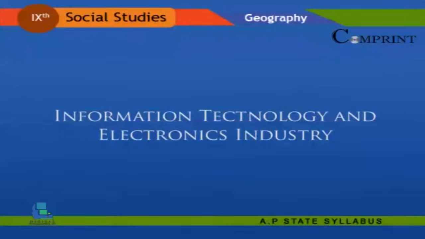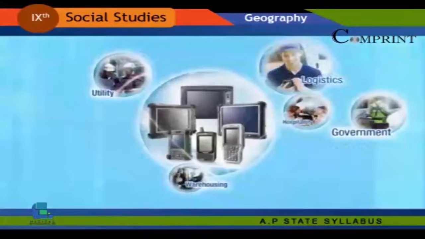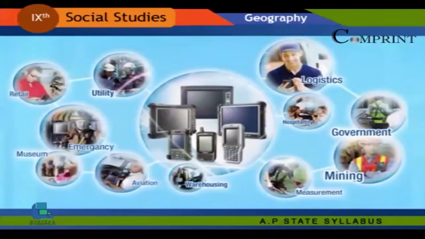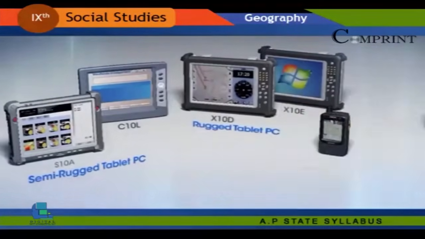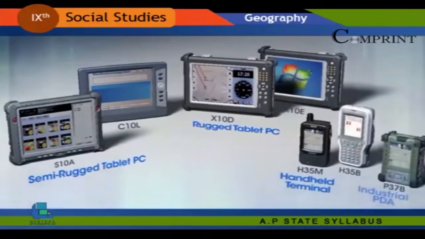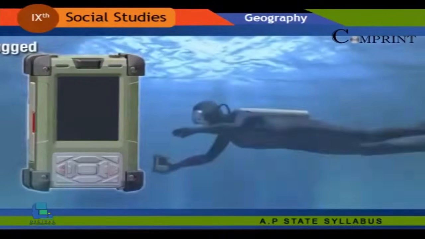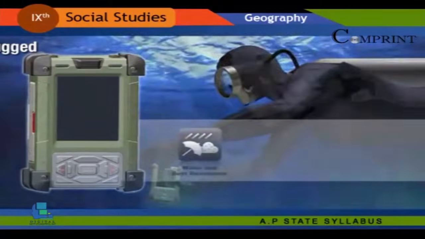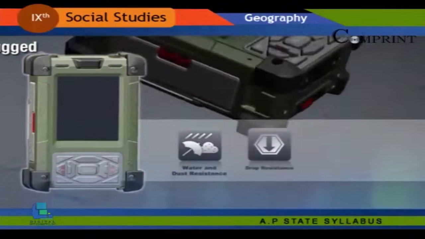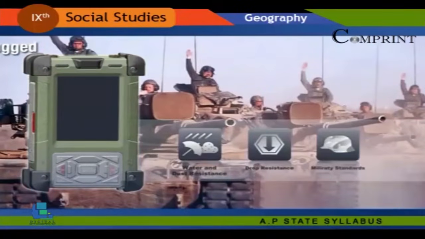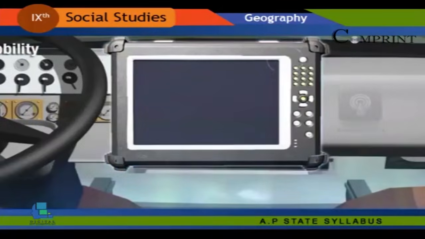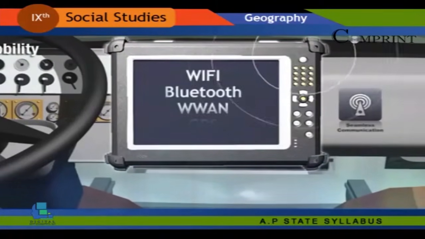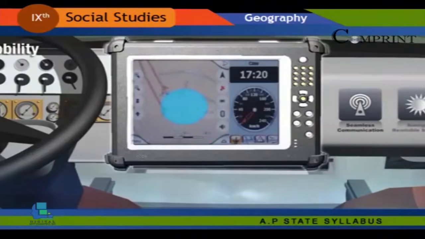Information technology in the electronics industry. The electronics industries cover a wide range of products from transistor sets to television, telephones, cellular telecom, pagers, telephone exchanges, radars, computers and many other equipment required by the telecommunication industry. Bangalore has emerged as the electronic capital of India. Other important centers for electronic goods are Mumbai, Delhi, Hyderabad, Pune, Chennai, Kolkata, Lucknow and Coimbatore.